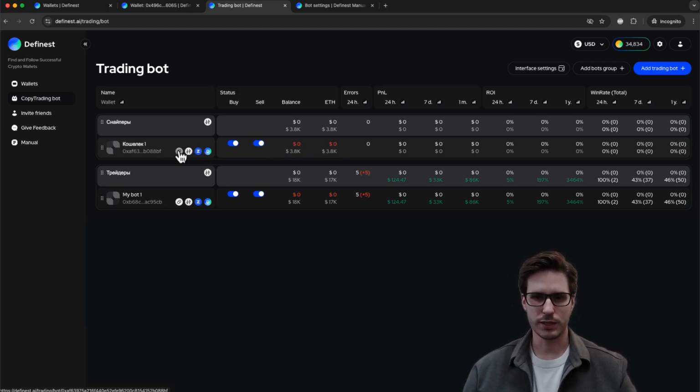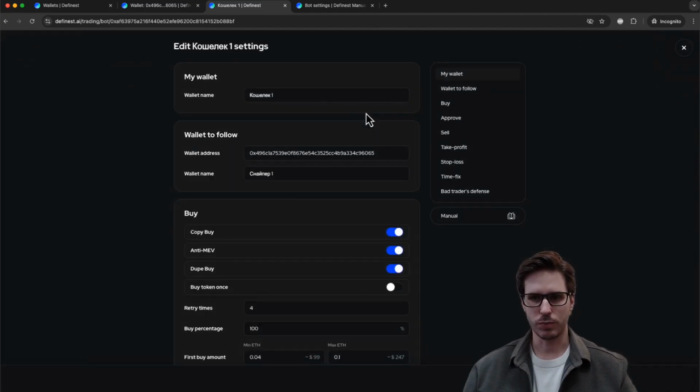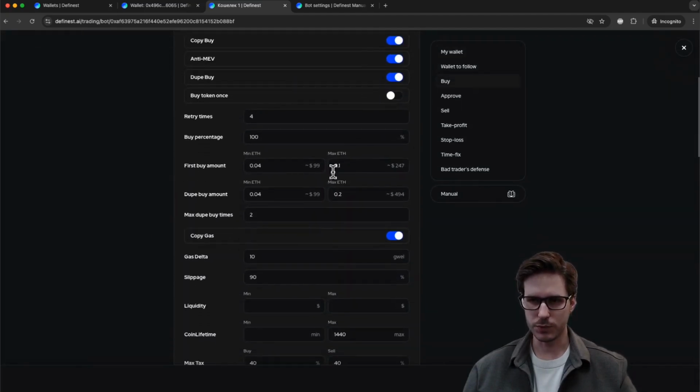Here is the address of our wallet. Click copy here. Or we can go to our bot right away and copy the address here. And accordingly, we need to replenish the balance in order for us to be able to trade. What amount do we replenish? We have indicated here that the maximum amount for one purchase is 0.1 ETH and up to 0.2 ETH per